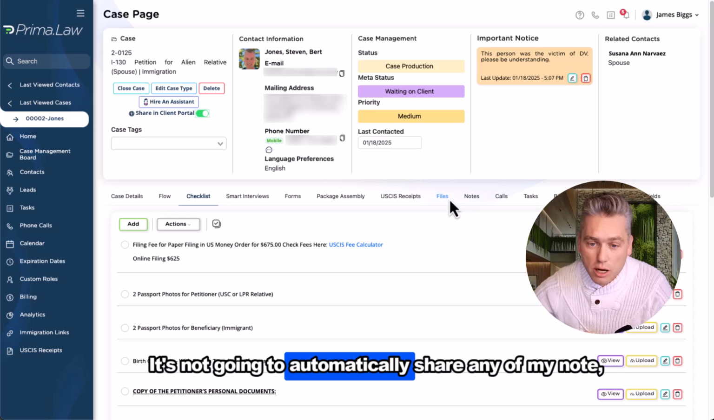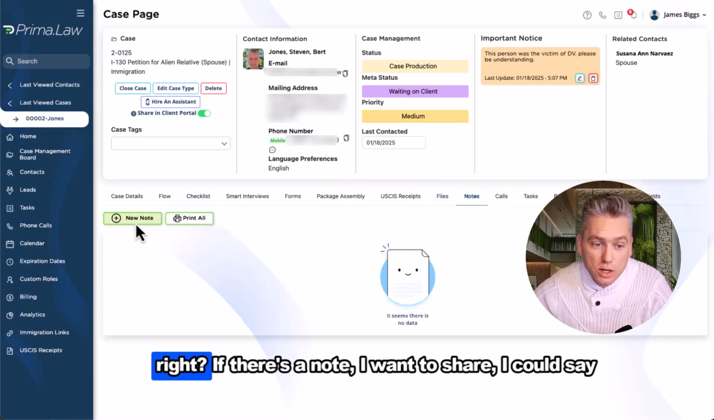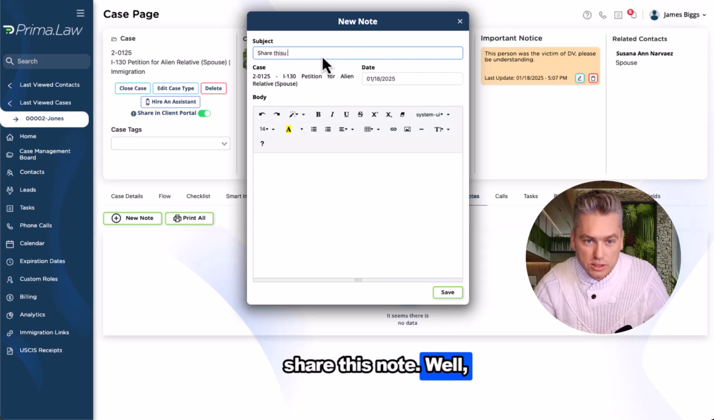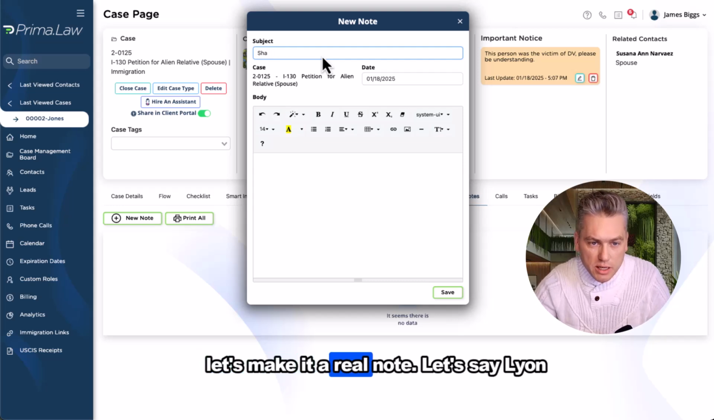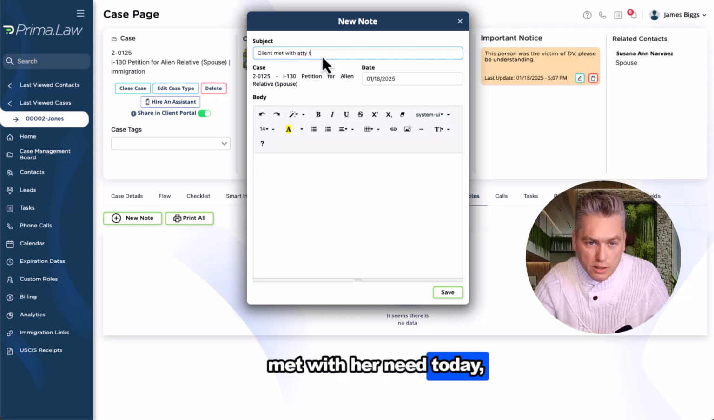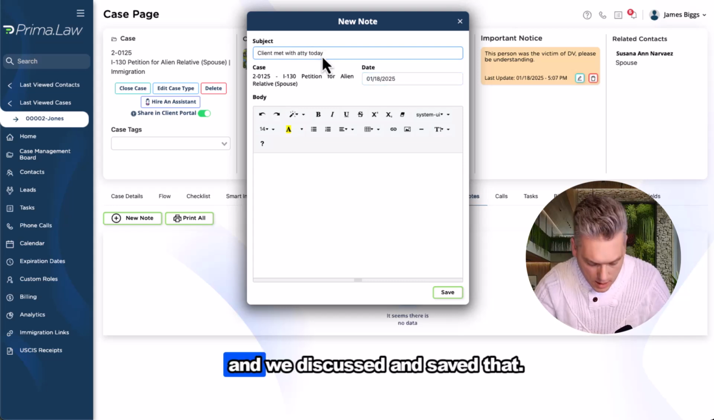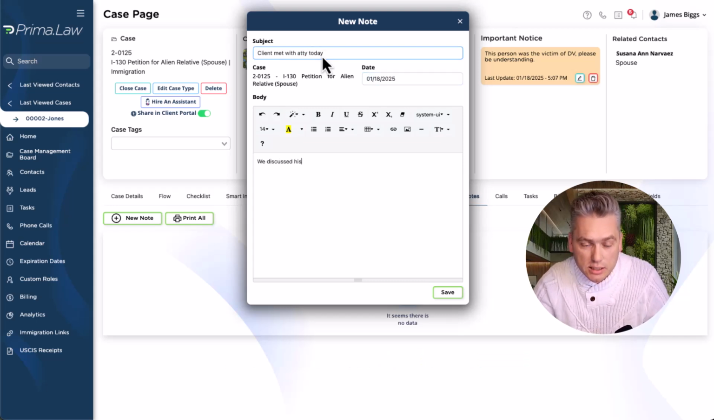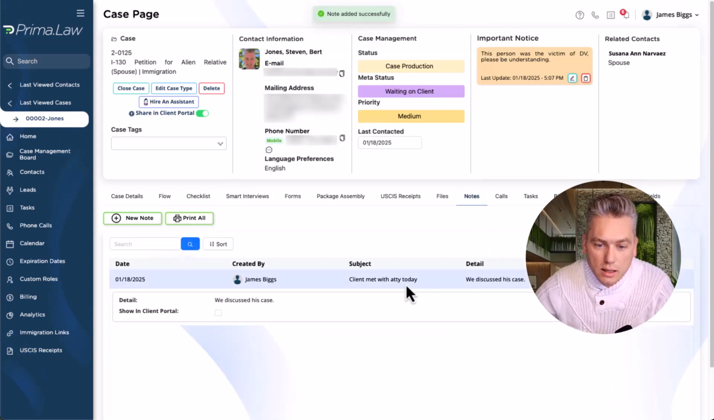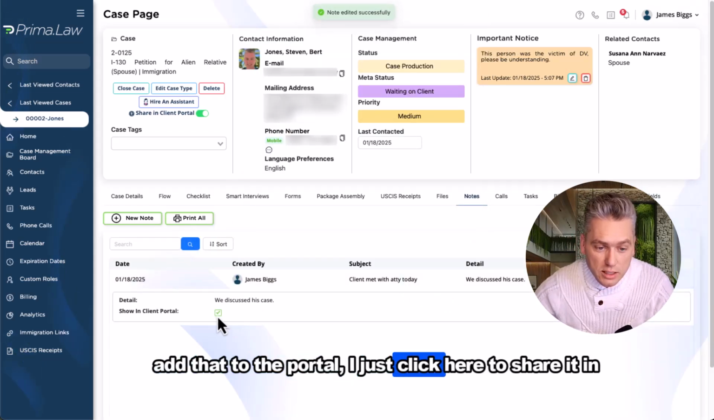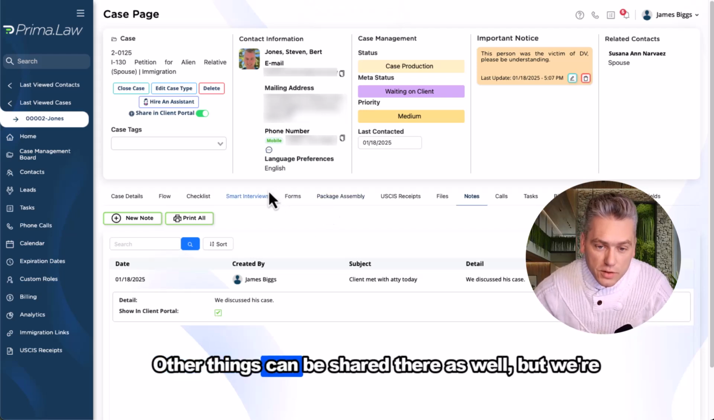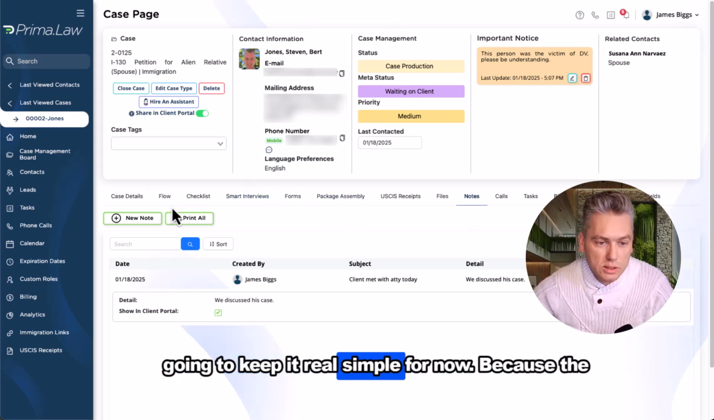So that will share this case in the client portal with the client. It's not going to automatically share any of my notes, right? If there's a note I want to share, I could say share this note. Well, let's make it a real note. Let's say client met with attorney today and we discussed his case. Okay, I can save that. And if I want to add that to the portal, I just click here to share it in the client portal. Okay, other things can be shared there as well, but we're going to keep it real simple for now